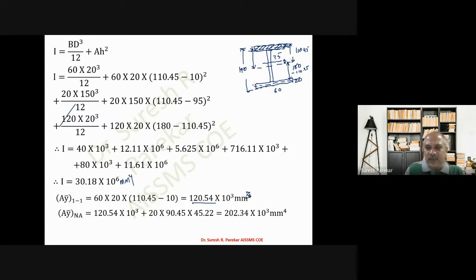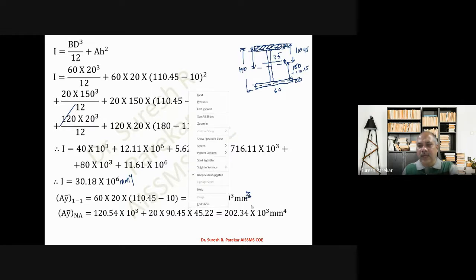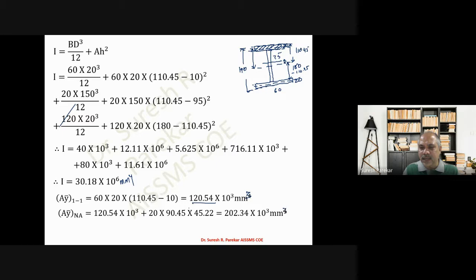Then here also we have, now we have to consider above neutral axis, and we have taken above neutral axis. So first part will remain as it is. Now plus we have to go by this portion, and this portion we have 110.45 minus 20, so it comes 19.45, and half of this from neutral axis, and this comes 202.34 into 10 raised to 3. And then at 2 AY bar 2, so we have to take area from bottom, and then it comes 120 into 20, 79.55 minus 10 comes 166.92 into 10 raised to 3.